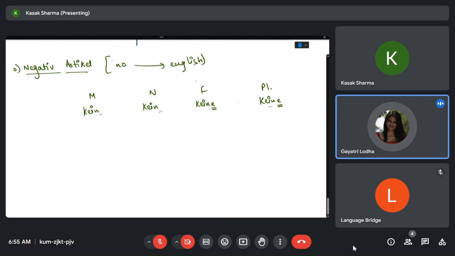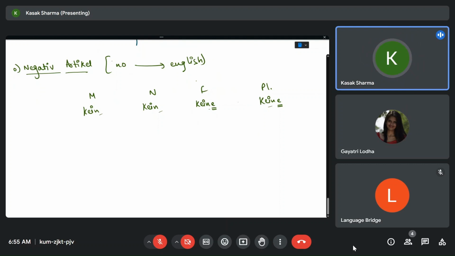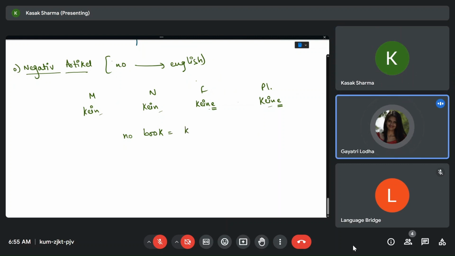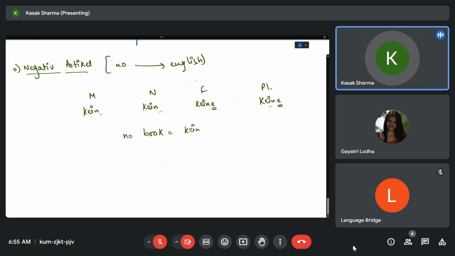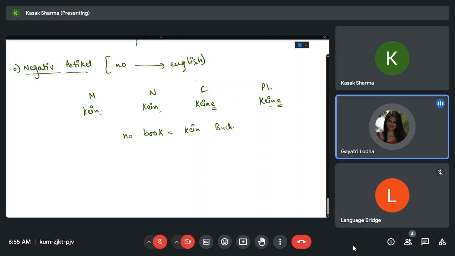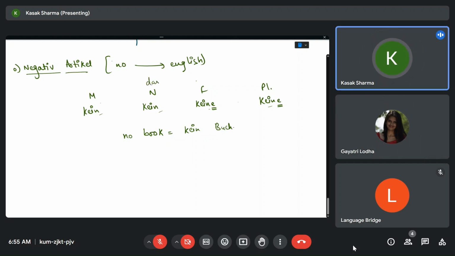Let's say, for example, just one no book. It will be kein Buch. Is this kein masculine or neutral? Neutral. Correct, it's das.